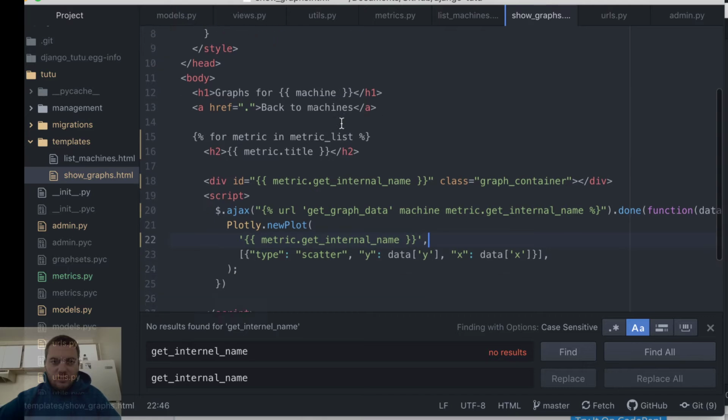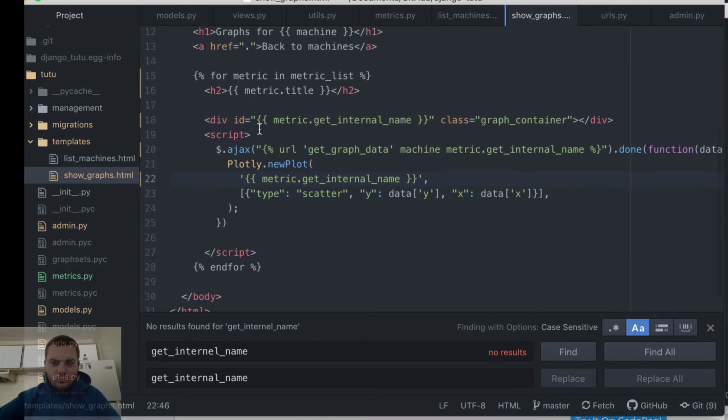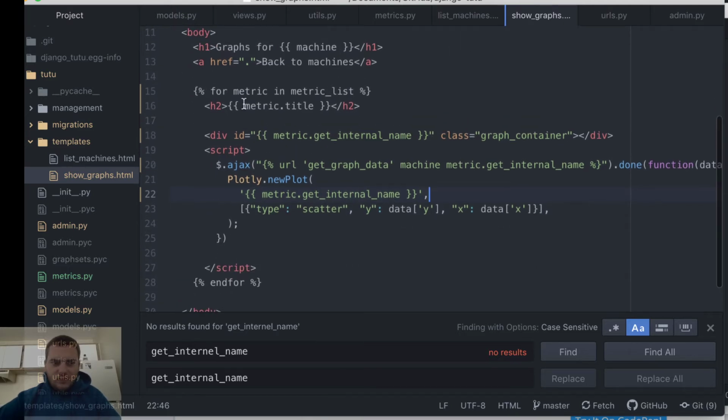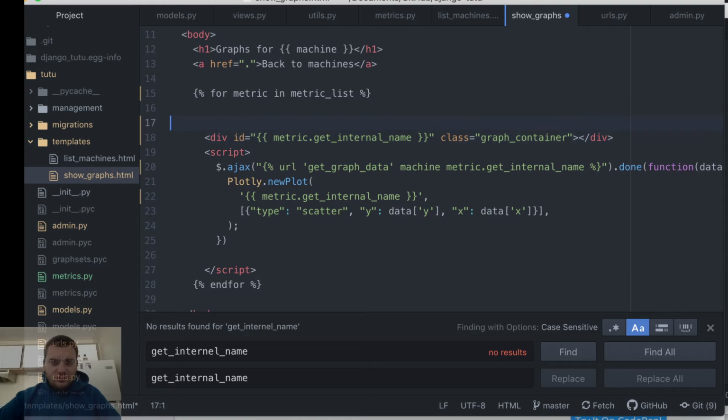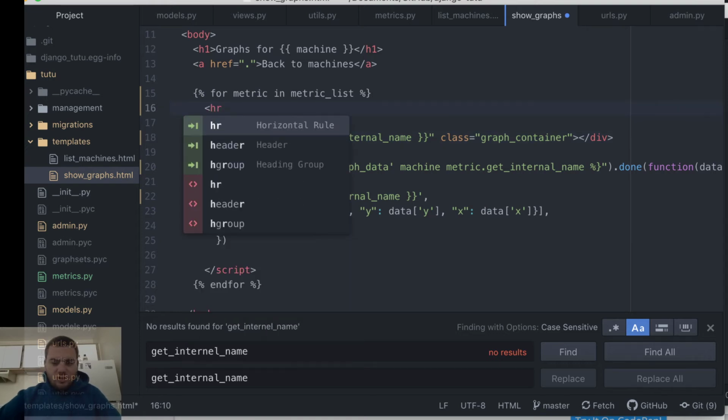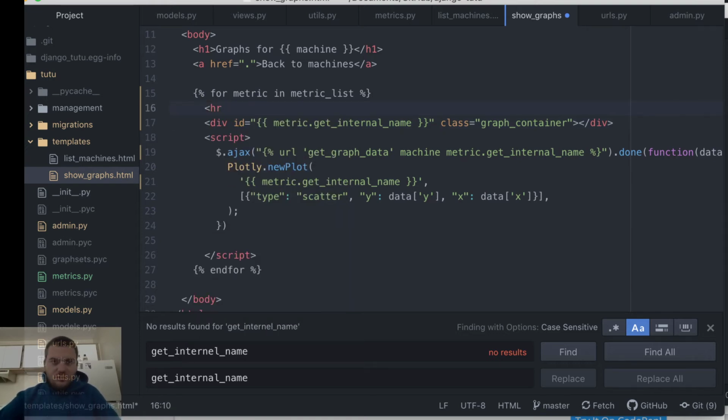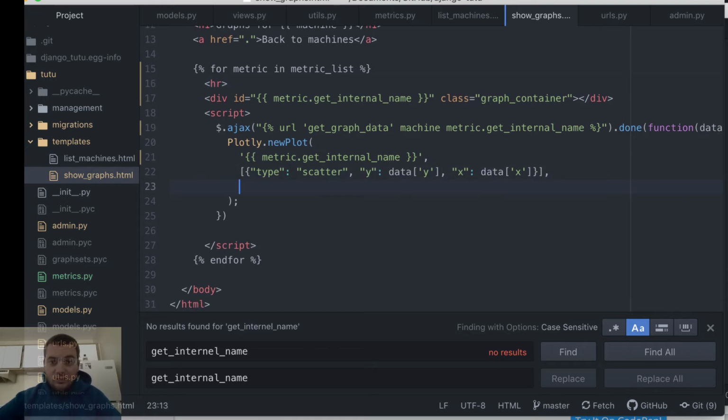And so I'm going to use that for displaying the title. So in the actual page, we have this H2. I want to get rid of the H2. I'm just going to delete that. And instead put that same text. I'm just going to put an HR here instead. This just makes a horizontal line. And so down here, we're going to go